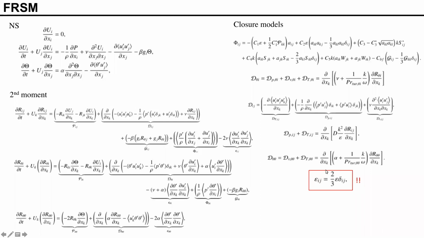This is the dissipation term, and you probably will be surprised that FRSM, which is developed to account for flow anisotropy in the first place, itself uses an isotropic model for the dissipation term. Well, if this model is together with all the terms, I think you will not notice this, but through this analysis, this becomes quite obvious. You will hear more about this term in Rob's talk, so I will not elaborate here.